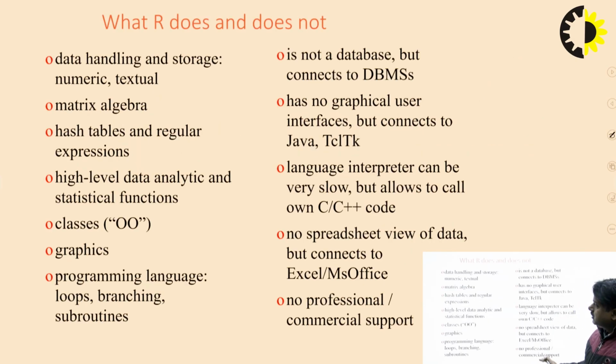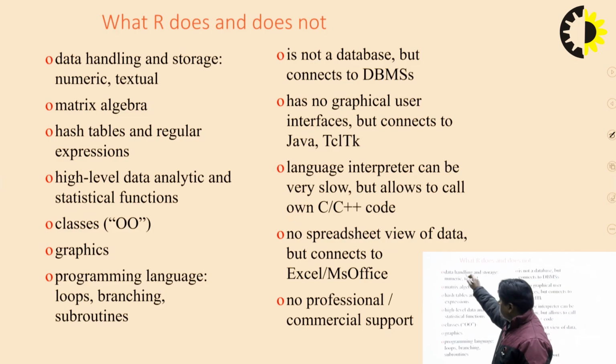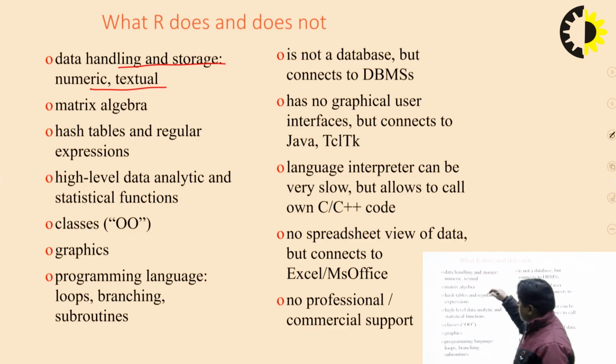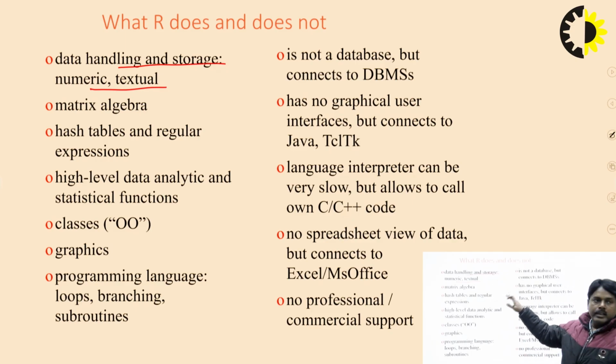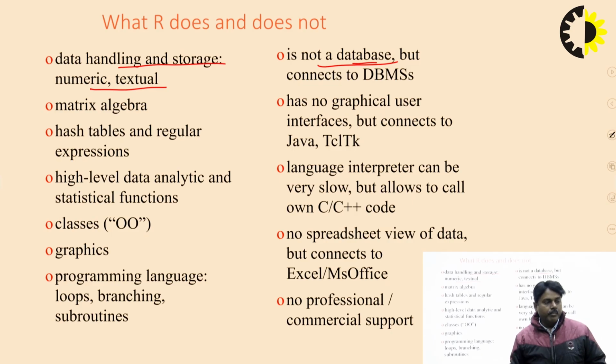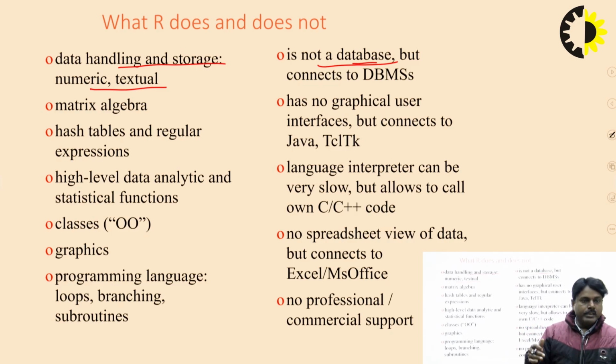Now we will see what R does and doesn't do. When we look at R programming, we see data handling and storage, numeric or textual. R is for data handling and storage, and it is not a database. All the data set that is inputted here will be worked upon with the help of R programming, and we will graphically represent those data